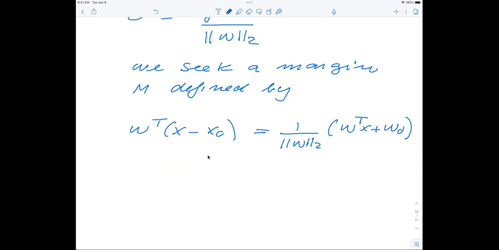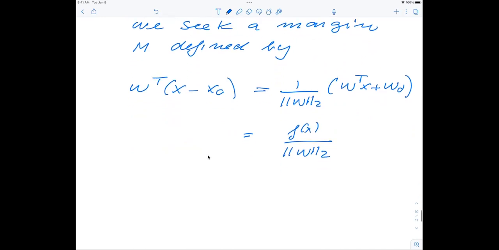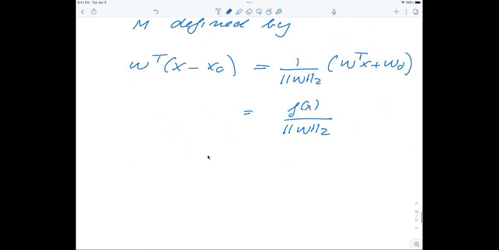And that defines this quantity. This is the same as f of X over the norm of W_2. So X0 is just another point which lies on this line. And we seek a margin which is defined so that when I multiply y_i with this specific function,